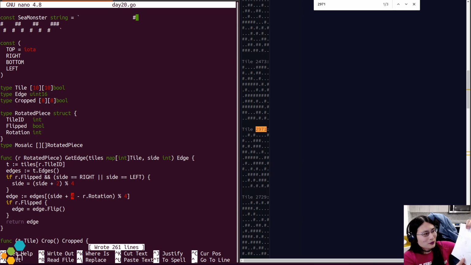Okay, what if it's flipped? So if it's flipped and I ask for the left-hand side, I should get the left-hand side that flipping needs to happen after we've evaluated the rotation.